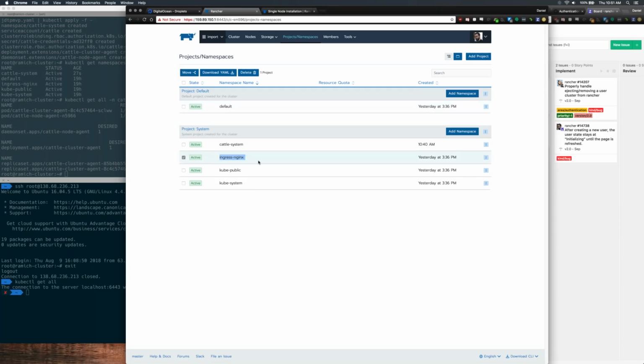Ingress-nginx. This is where our ingress lives. It's not technically ours, but for example, if you don't want to use the Nginx ingress, if you delete this namespace, it will delete the Nginx ingress controller, and then you can use whatever ingress you want. Cattle-system is the namespace that I showed you earlier, where we run our agent and whatever else we need to add in there. So if we take a look,